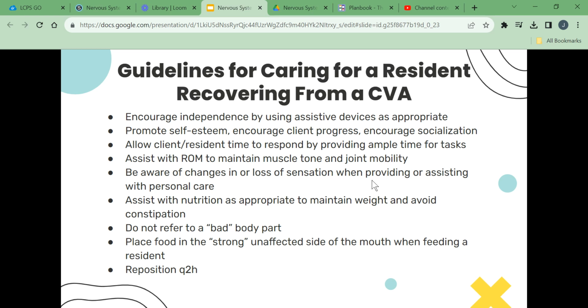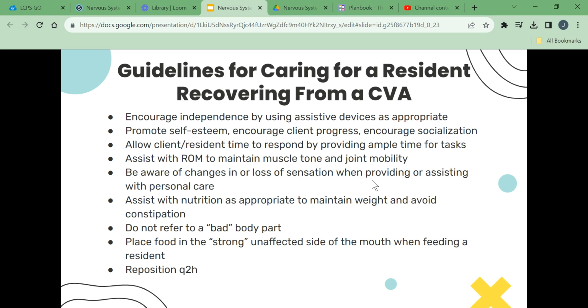Some guidelines for caring for a resident recovering from a CVA include encourage independence by using assistive devices as appropriate, promote self-esteem, encourage client progress, and encourage socialization, allow the client time to respond by providing ample time for tasks, assist with range of motion to maintain muscle tone and joint mobility,